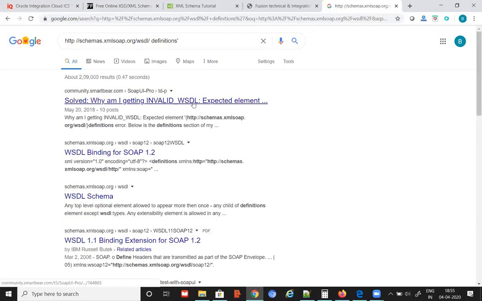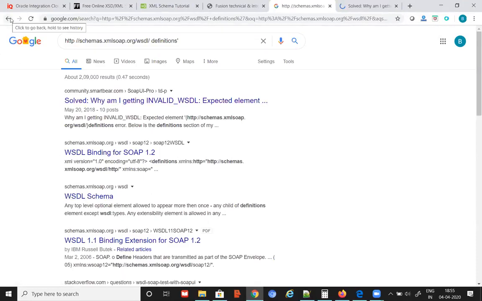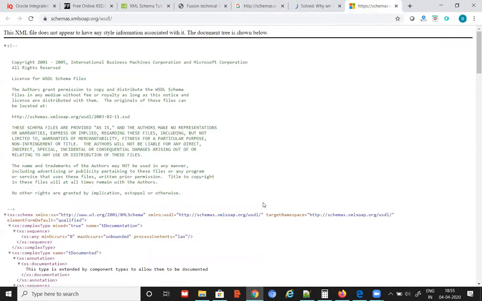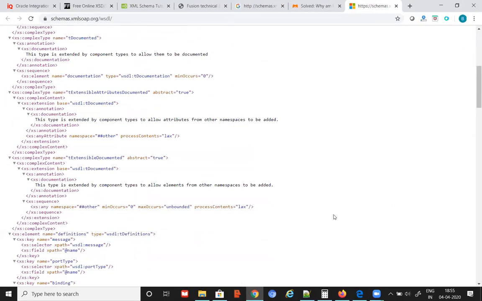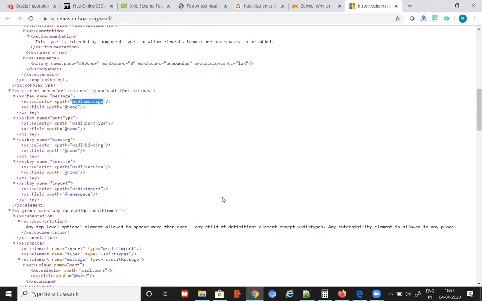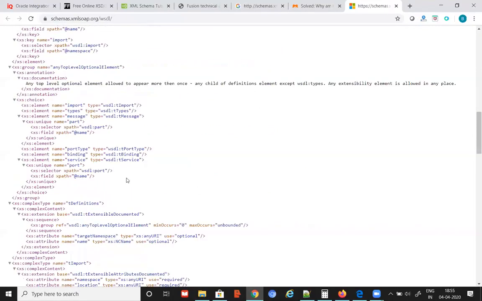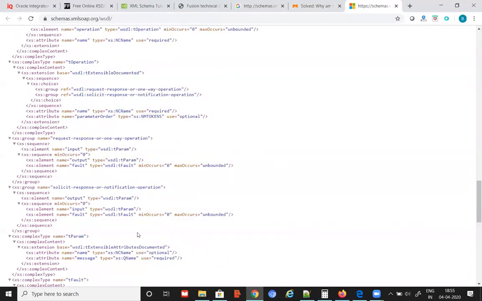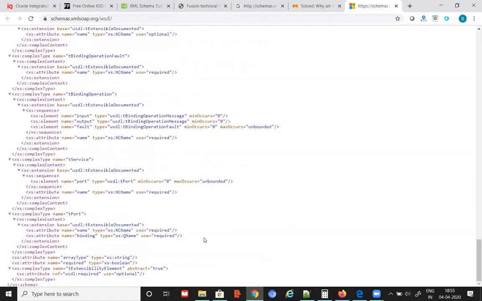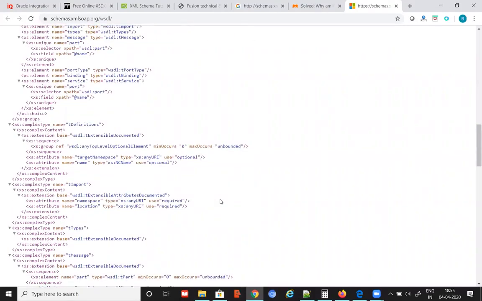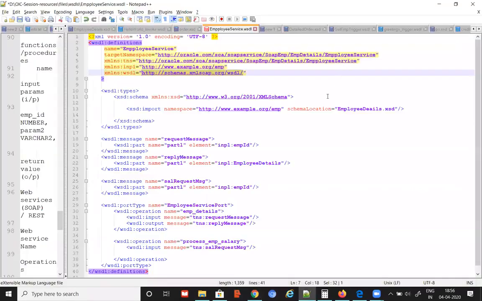I believe it is here actually. Sorry, go back to this one. See, this is having that XSD. You can see in this it has message, port type, binding, like that. It will be defined here, all those things. This will be inbuilt in the platforms, so no need to worry. Basically, these will be the tags which we'll be using in our WSDL file, with WSDL as a prefix.